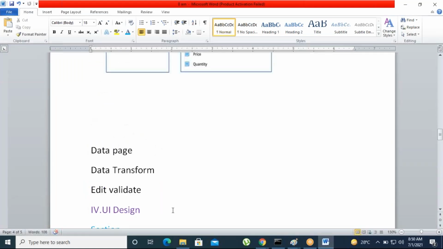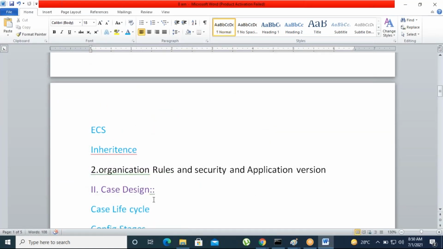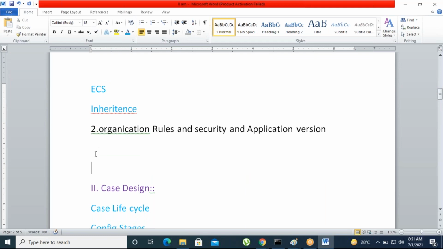Already I told you, we'll come back to the organization role, security and application versioning. So we need to understand what application versioning is. What are the concepts we'll discuss under application versioning?